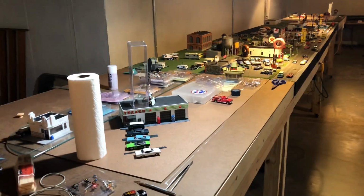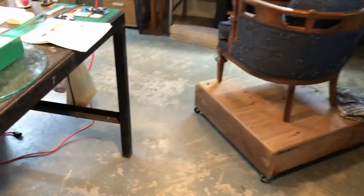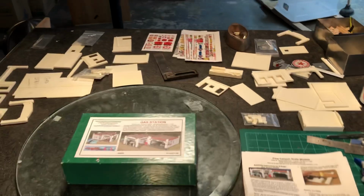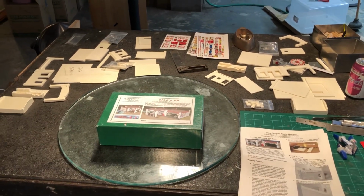So that's where we're at with the diorama. But now we got a new project out here I got to work on first. Buddy of mine down in Missouri, his name's Jim. He builds his diorama too, and